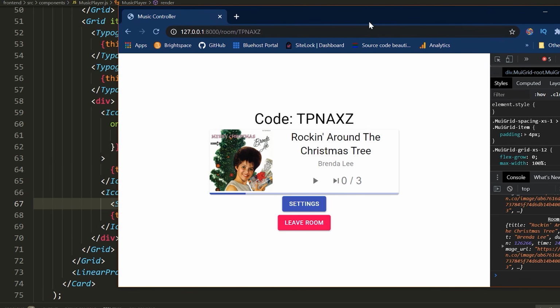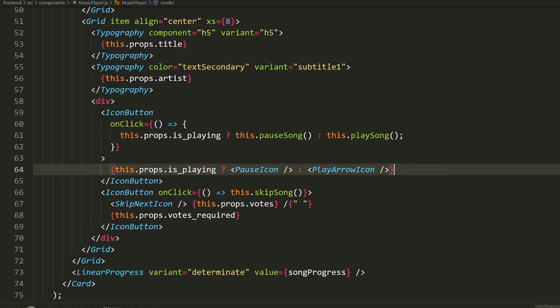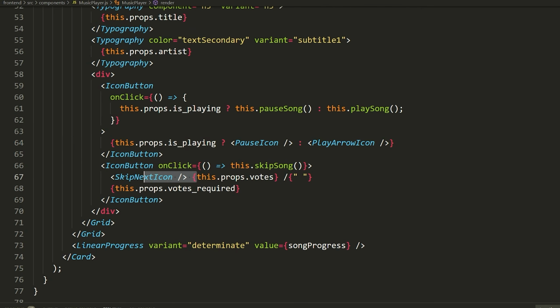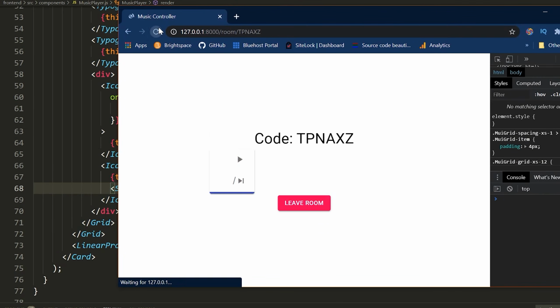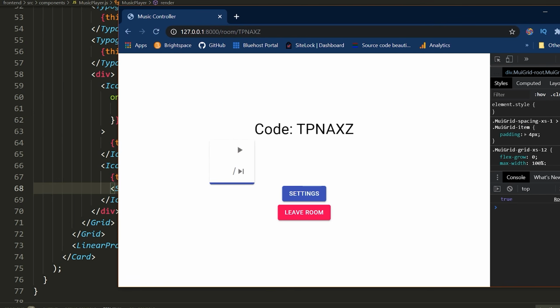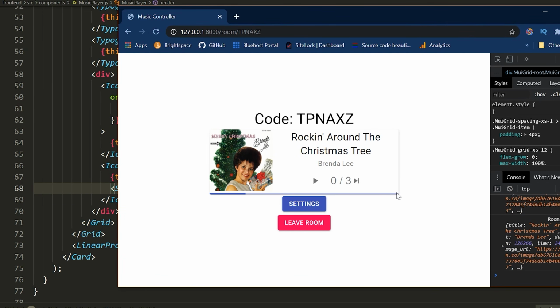Either way, let's just make this look a little bit nicer. I think it will look nicer if it comes before the skip icon. So let's do that. I'm just going to take the skip icon and place it after this. And let's have a look now. Okay, there we go. So a little bit better. I mean, again, you guys can be the judge. You can make this text smaller if you want to, but I'm just going to leave it like this because I think this is fine.